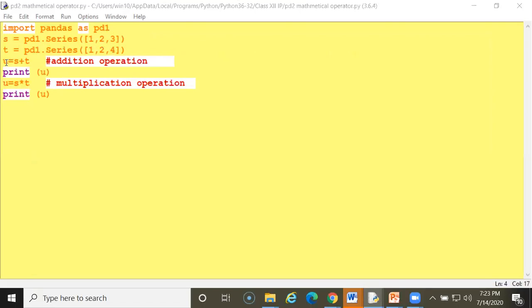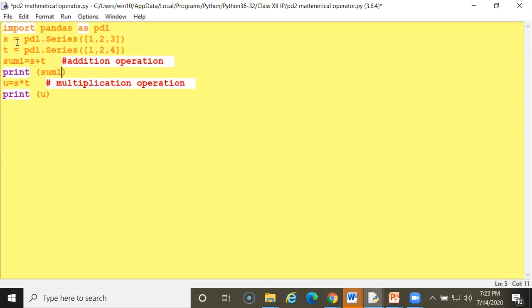Now I am using u equal s plus t. u is a variable; I can also write sum1 here. I am writing s plus t. Both values are added in sum1. Now you have to print sum1.